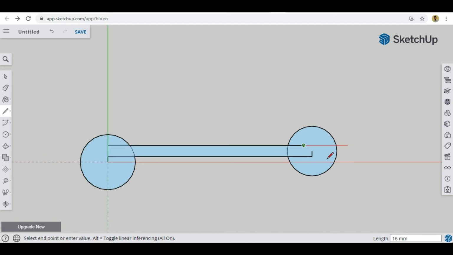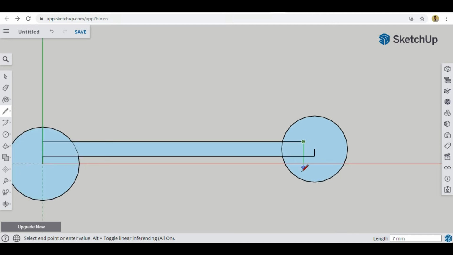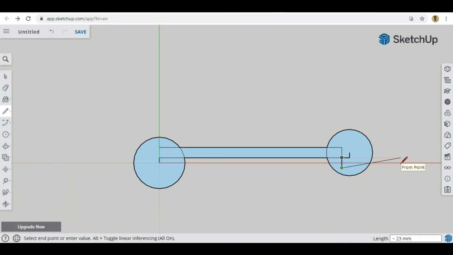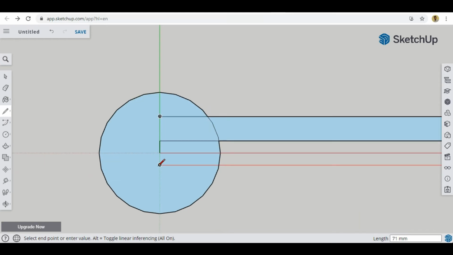Okay, now since the whole distance was 8 millimeter, okay, so I can take directly 8 millimeter instead of clicking here and again creating the second line. Okay, I can create the 8 millimeter line directly. So I'll do this, and again I'll go straight up till here.